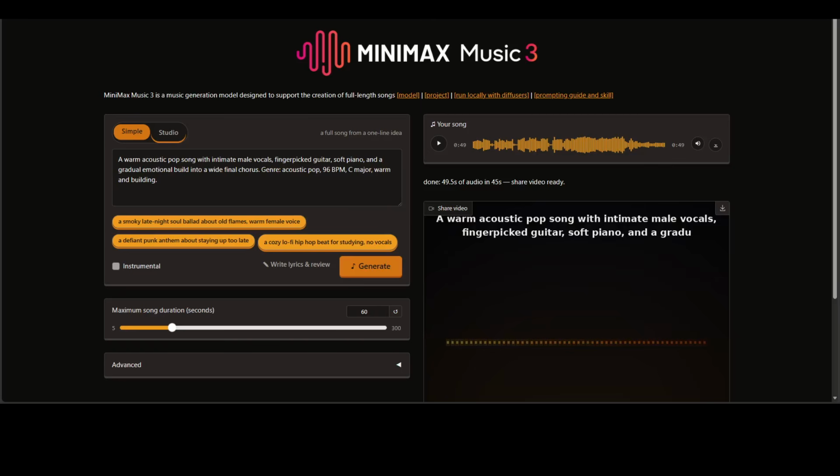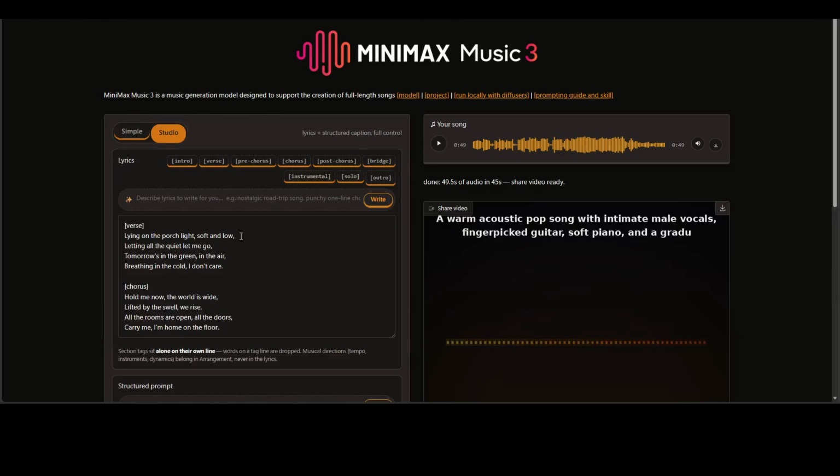So it has written its own lyrics and then generated the music plus these vocals and everything just on the basis of this text prompt. There is also this studio mode. Let me open it for you. So you can see that you can just describe your